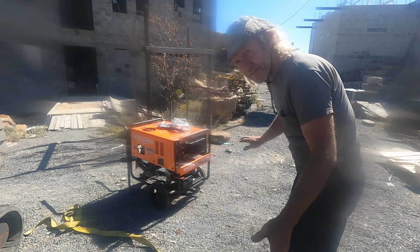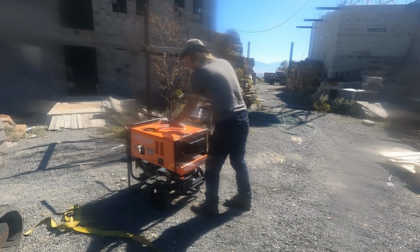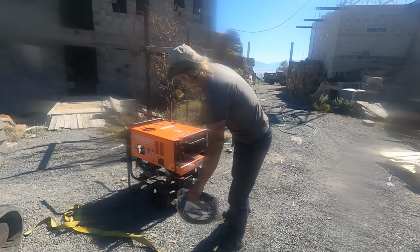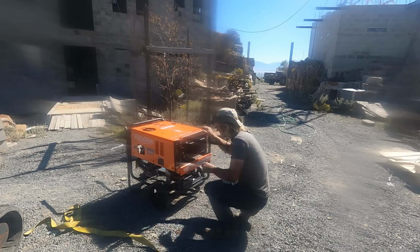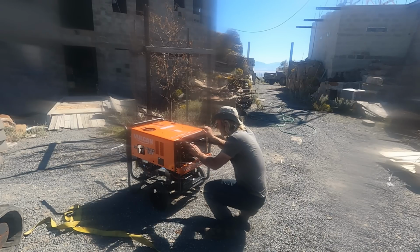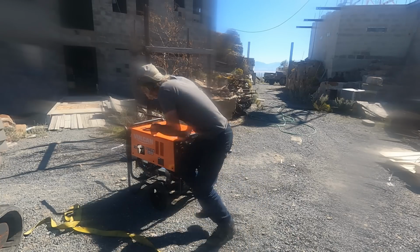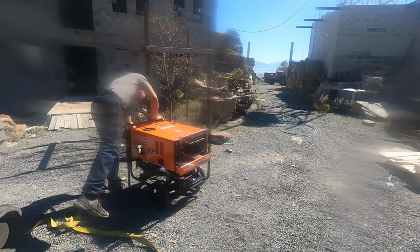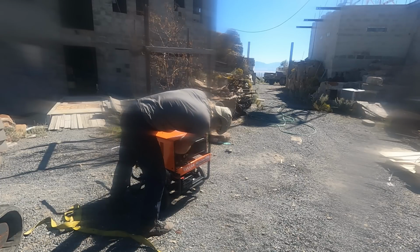Now, to start it, I have not even cranked it or anything yet. These are the welding leads. Look pretty much at all the instructions. Run off, put on, and then the choke is right over here. And then